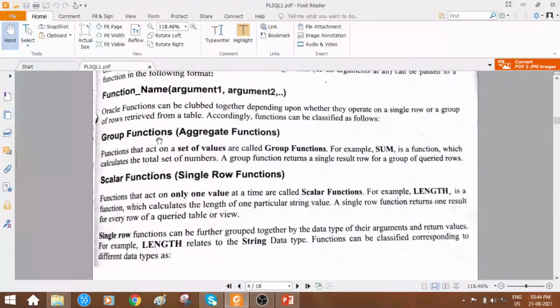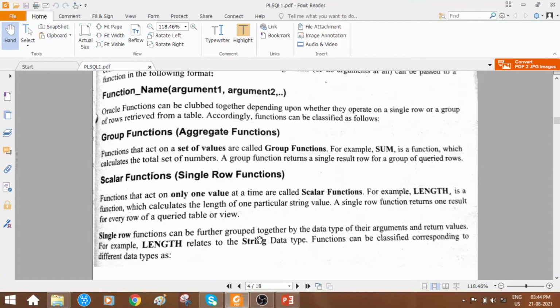Well, this was an introduction I had given on group functions and scalar functions. So let us understand the aggregate functions which are commonly used in table functions. Scalar functions are actually termed as single row functions. For a particular row, that function is applied. Whereas an aggregate function, for all the rows, for a complete column, the function is applied. Let us find more information with respect to this.